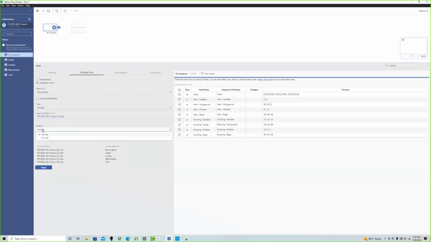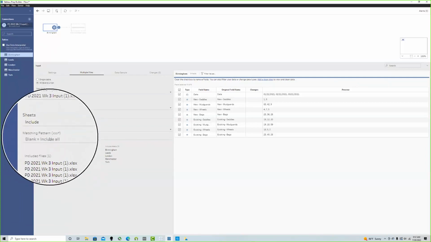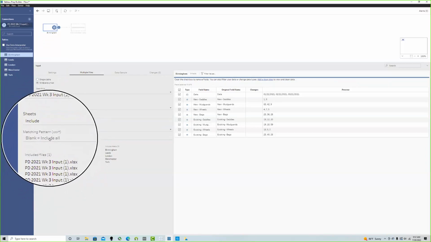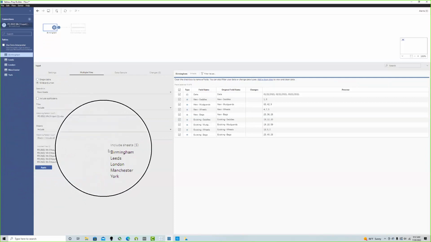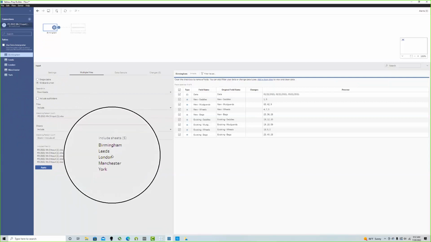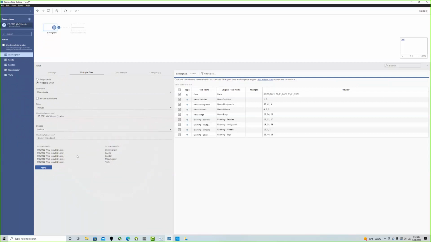and it can include sheets that are a specific pattern. So I could specify specific sheets in here, but what we want to do is pull in all our sheets. So if I leave this blank, then you can see blank equals include all. So because I've got my sheets set to include and I'm leaving this field blank, it's going to include all of my sheets. And so you can see here, include sheets. That means it's telling me these are the 5 sheets that are going to be included in my wildcard union. And so when I click apply here,